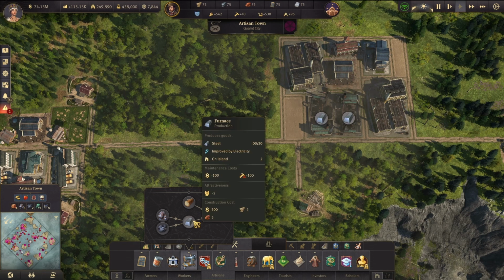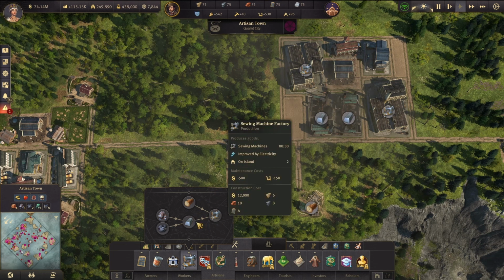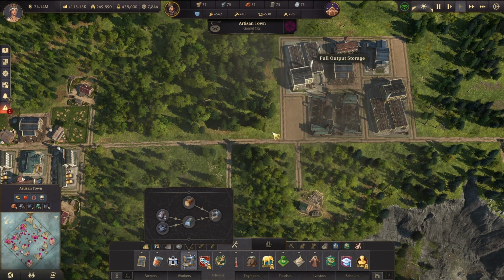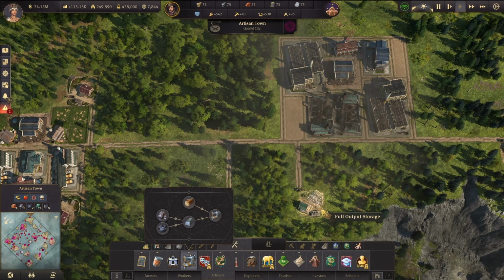One, they need steel from the furnace, and that's why I've put 2 here. It is 30 seconds, so that's why you have 2 and 2. Why 2? Well, because the wood is actually 15 seconds, so you only need 1. And of course, we can't really put the wood right in the middle, because then there won't be enough forest